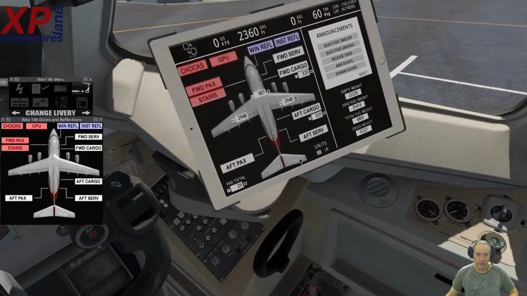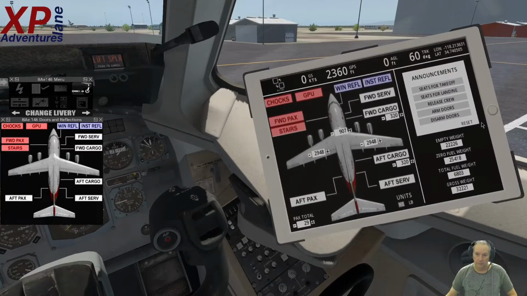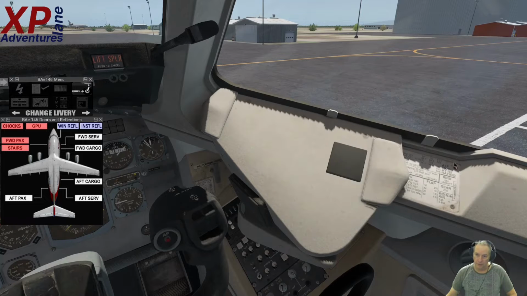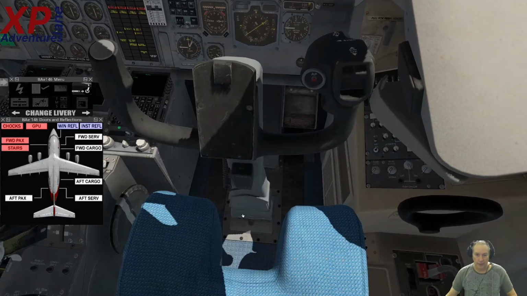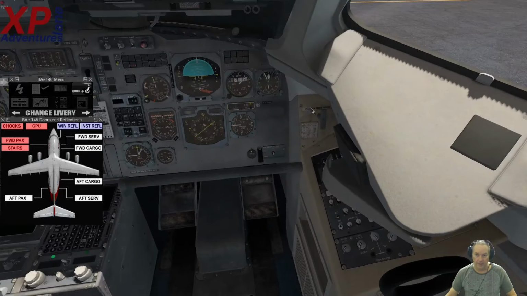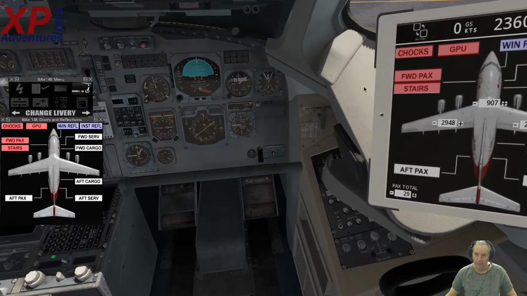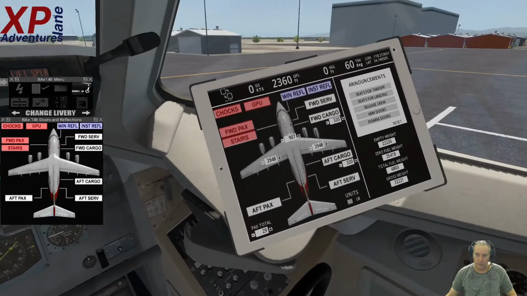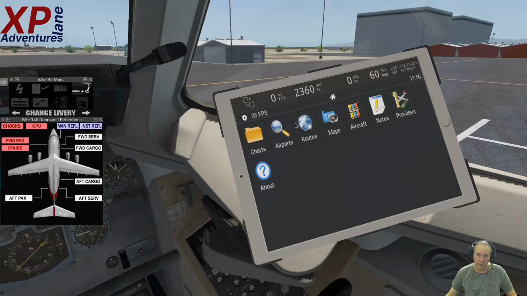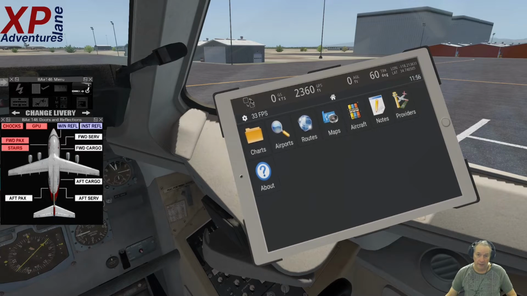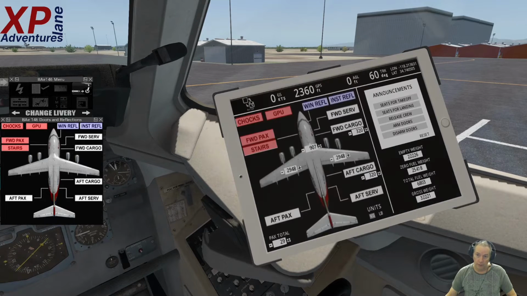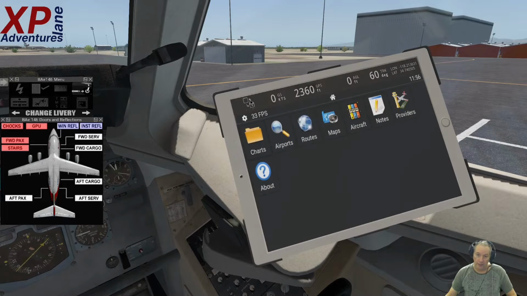So, and then you click on right here to bring up your tablet. And then if you want to close it, you click on this to close your tablet out. This right here doesn't close, I don't think. No, it does not. And then, like I say, if you want to get rid of this, you click on the base here, and if you want to bring up the tablet, you have to go over here. And then as far as AviTab is concerned, this is where you jump over. You have to have the AviTab plug-in installed right here,